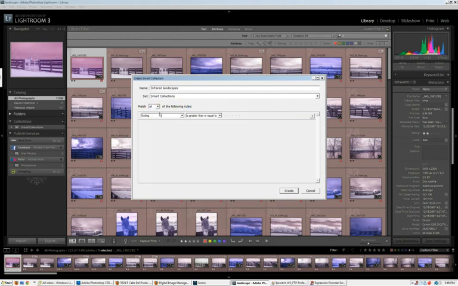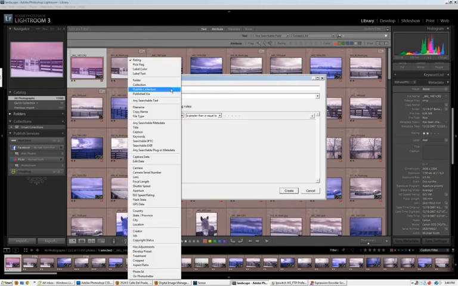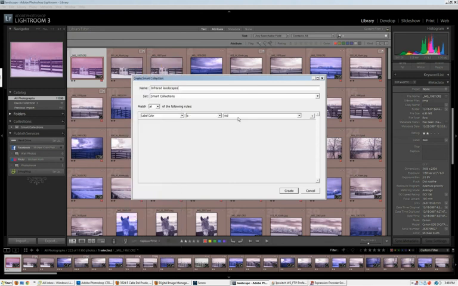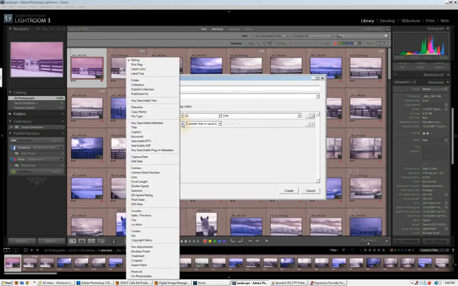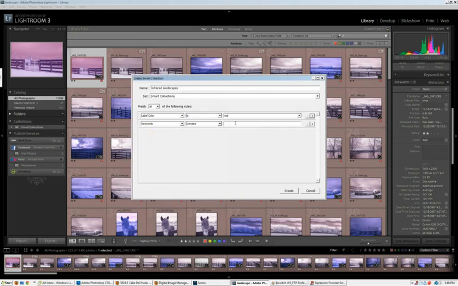And what are we going to match here? Well, you can see what I've got here. I've got color label red, and so I'm going to want to keep that. Color label is red. I'm going to add another one here, and I've got a text word here, so I'm going to say text is, it can be anywhere, but this is a keyword, contains, and I'm going to say IR. We'll create,